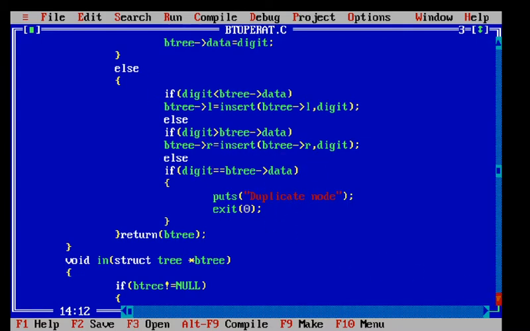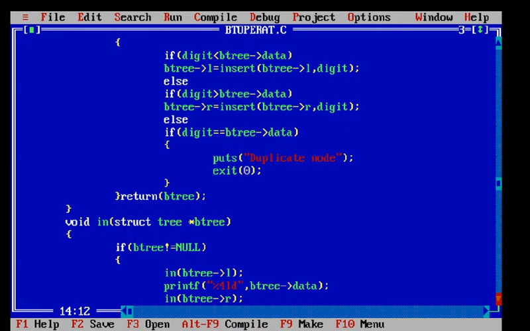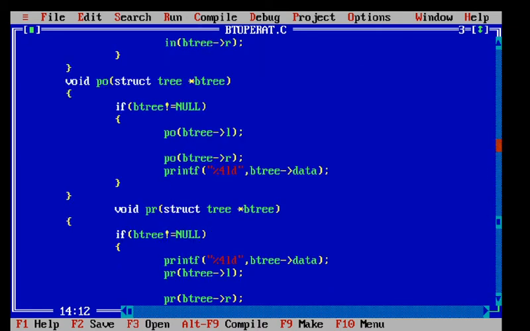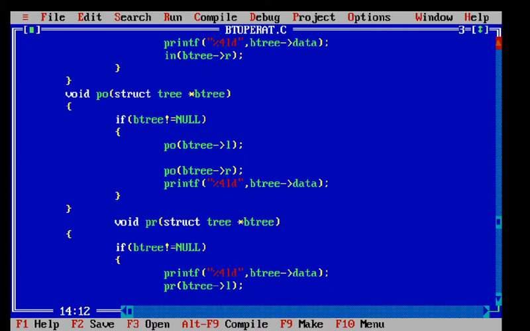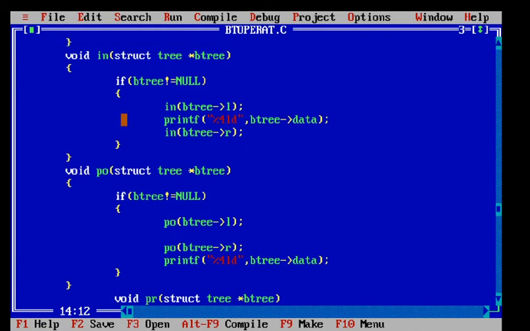Now we see how to traverse the elements in in-order, pre-order and post-order ways. So friend, first we see what the in-order traversal is. In in-order traversal, first we visit the left subtree, then we visit the root node, and then we visit the right subtree. So "in" means the root is between the left and right subtree.